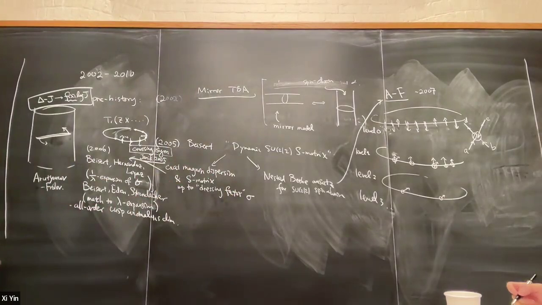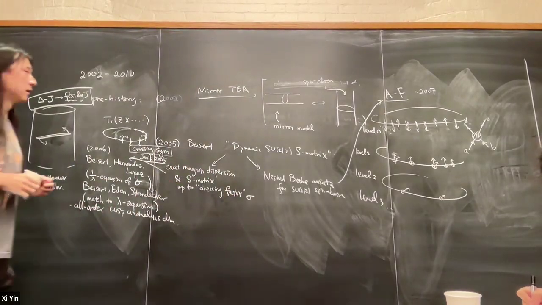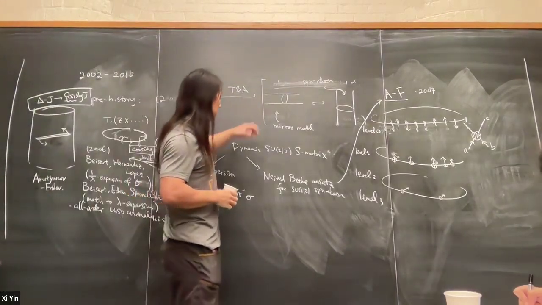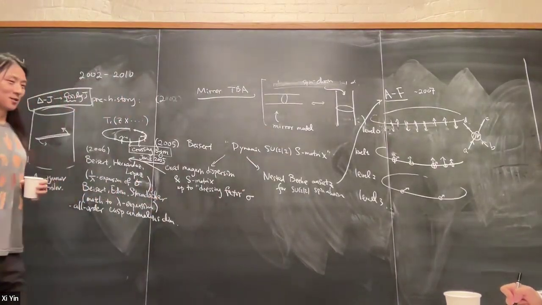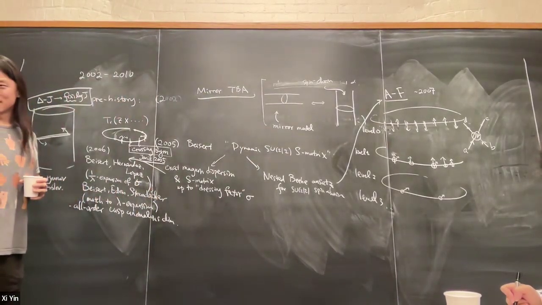Yes. So one somehow needs to know the scattering at finite temperature or something, because I have a finite time circle. No. On the left-hand side, well, no, you don't need to know the scattering at finite temperature. You just need to know all the states at finite temperature. We're doing statistical physics.